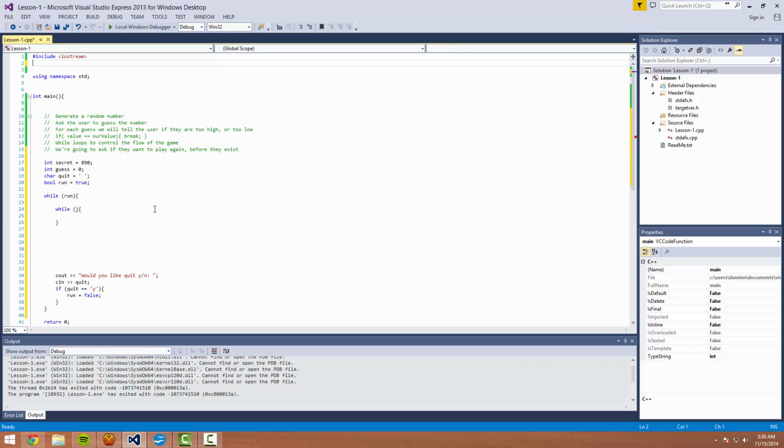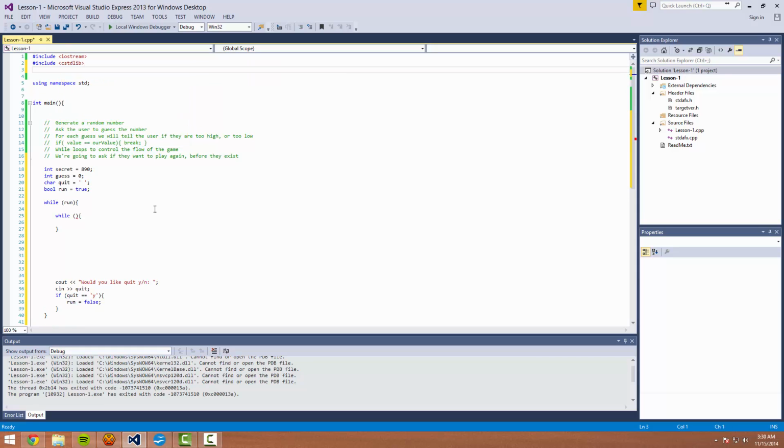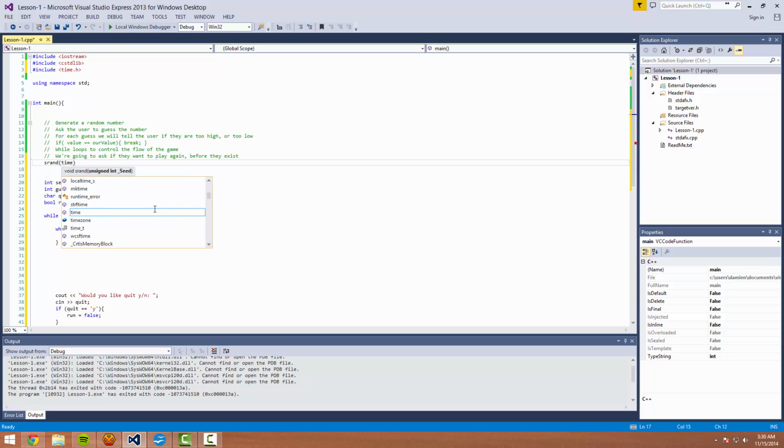And we're going to come up here, and we're going to do include, and we're going to include two different libraries. There's cstdlib, and we're going to also include time.h. And we are going to add the first line to our code, srand(time(NULL)). And what this code means is that we are taking a random number generator, we are seeding it with a set of random numbers that is based on the current time,